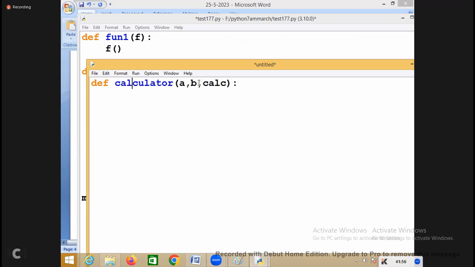If I tell the calculator to do multiplication, then it should do multiplication. But within the calculator, there is no logic for calculations. It just receives two values and does a calculation. But what calculation? Is it addition, subtraction, or multiplication? That is defined at runtime. I'm saying result equals calc